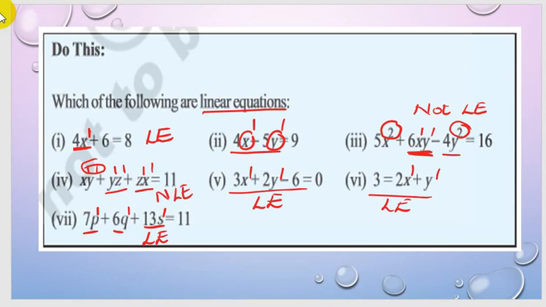So from this we can clearly understand that whenever you are having degree as 1, then we say that it is a linear equation. So if you are having only one variable, then we say it as linear equation in one variable. So only this first one is satisfying linear equation in one variable, whereas the second one, fifth one, sixth one and this seventh one, they are linear equations but not in one variable. Okay, I hope you have understood, right?